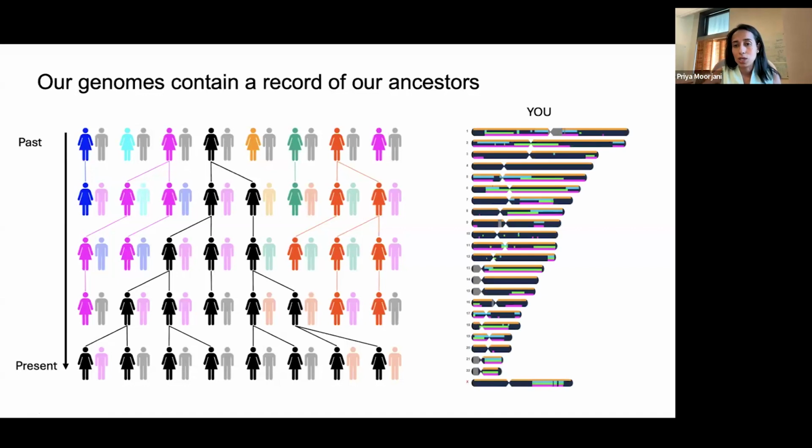So if we zoom into our genome, here I'm showing you the genome of one individual, and I'm showing you the 23 chromosomes, and different bits of our DNA come from different ancestors. So our genomes are really a mosaic of little bits of DNA from each of our ancestors. Here, this bit comes from this ancestor in the distant past, and another bit comes from an ancestor more recently related to us. And this is the kind of information that we use in our labs to learn about our